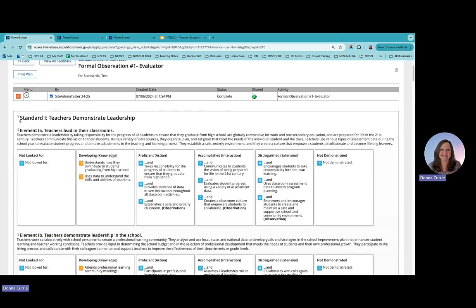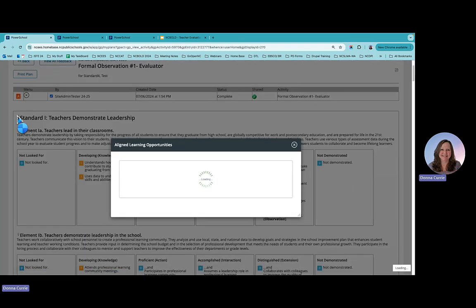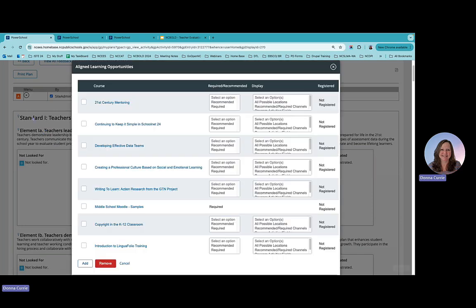And now that I'm in that rubric, if you see those tiny little light bulbs, once again, this is when course creators tag them to these standards. And if your district or PSU is using NCEES PD Office, they can also tag the courses or learning opportunities they make to these standards. But I'm going to click on the light bulb, and then any course that is tagged to standard 1 will